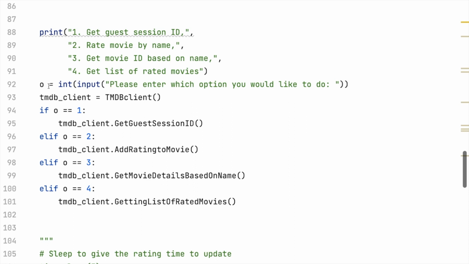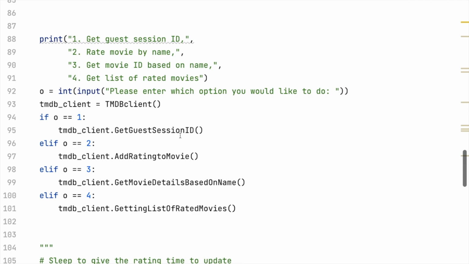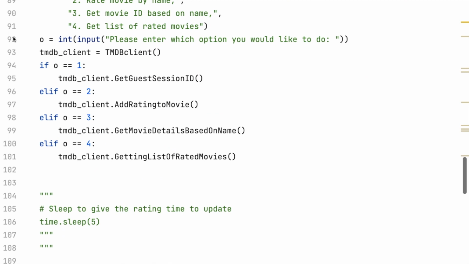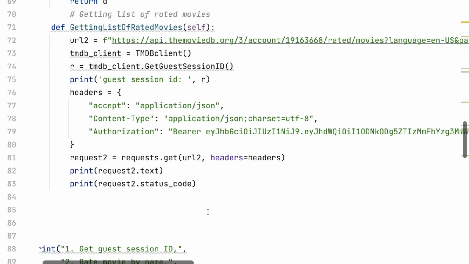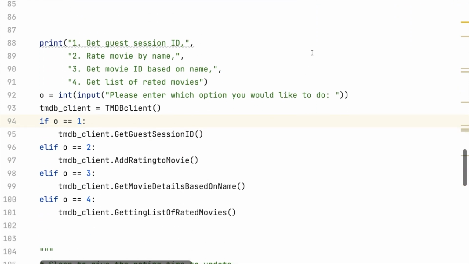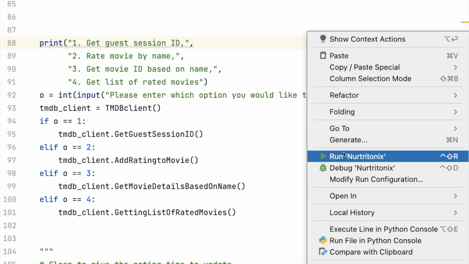Then I have O equal to int input, and then please enter whichever option you'd like to do. So you can just enter 1, 2, 3, 4, and then I've done this. So I'll get to this line in a minute. So then I've done this. So you can choose which option you want to do, and then it'll go to that method and do it. So for example, when I run this,